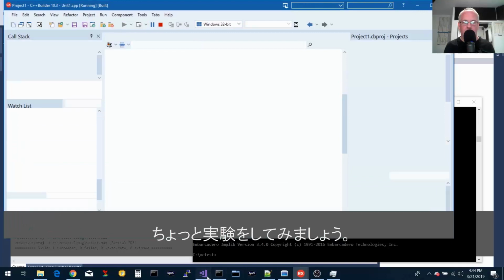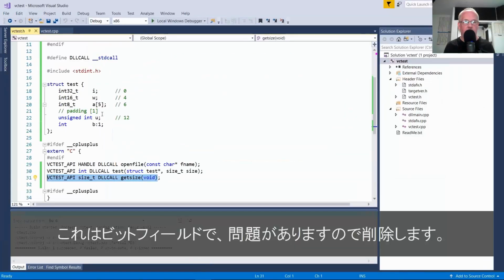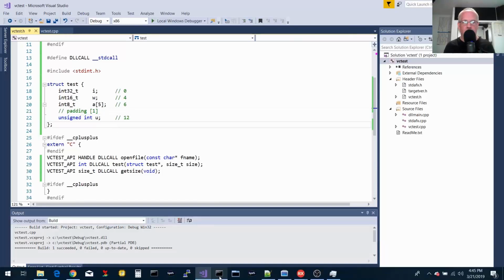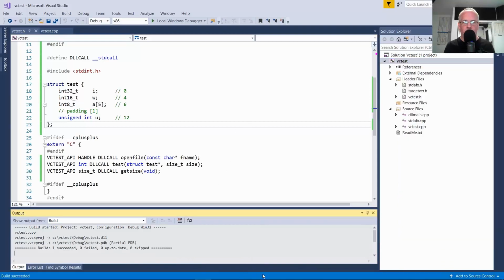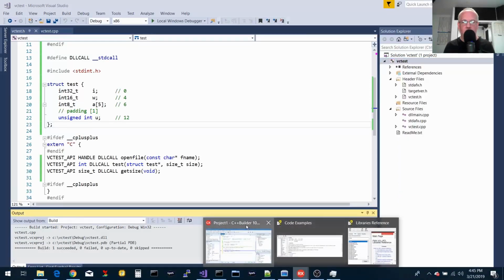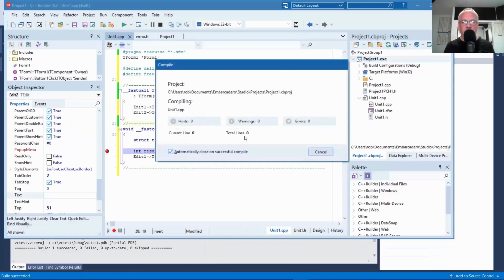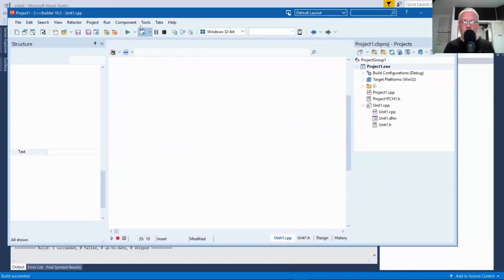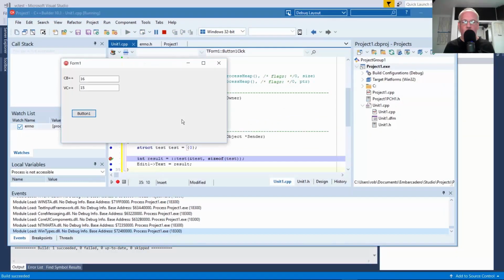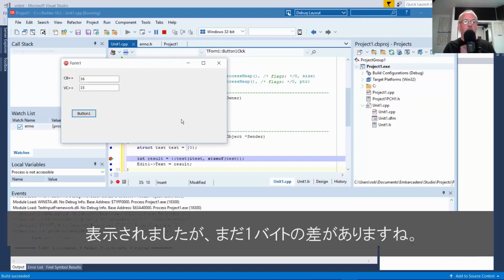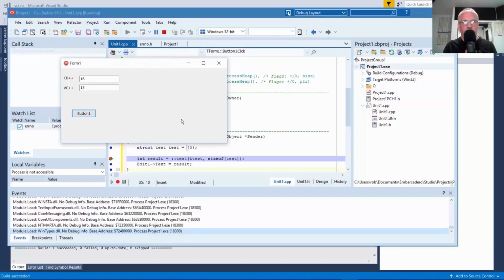Let's do a little experimentation. Maybe it's this bit field that's the issue. So I'll take that out and recompile. Okay, still off by 1 byte.